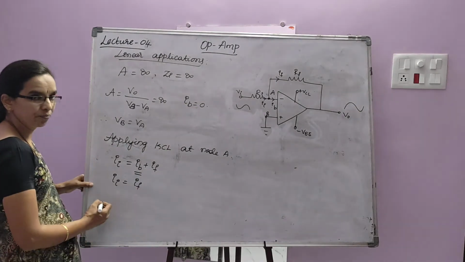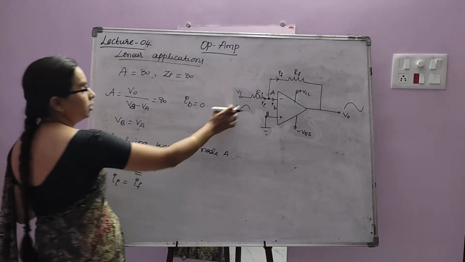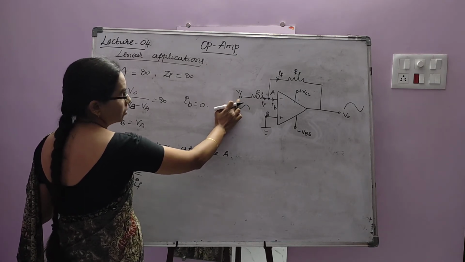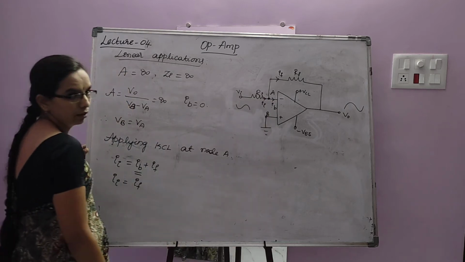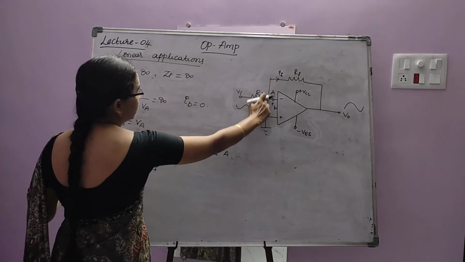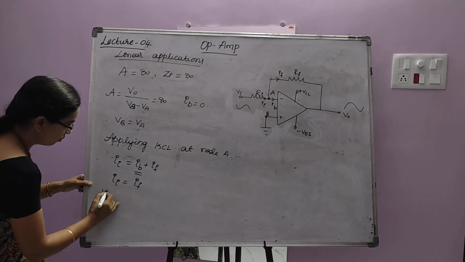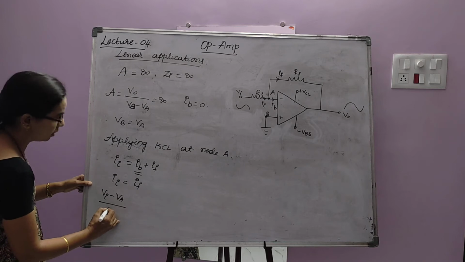IA is the current flowing from the input point to the node A, right? Here the current is dividing, so it can be written as VI minus VA divided by RI,